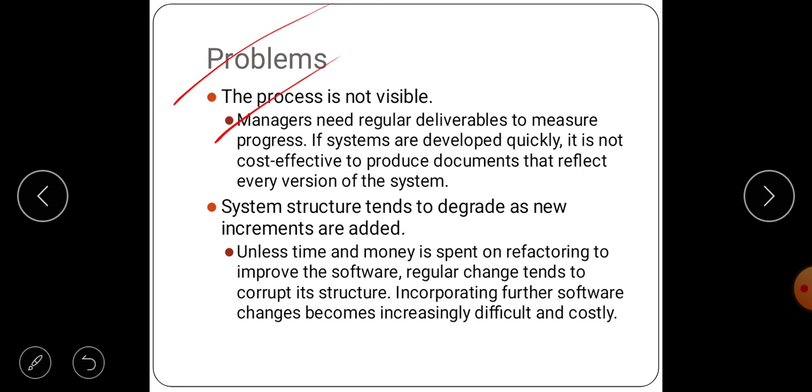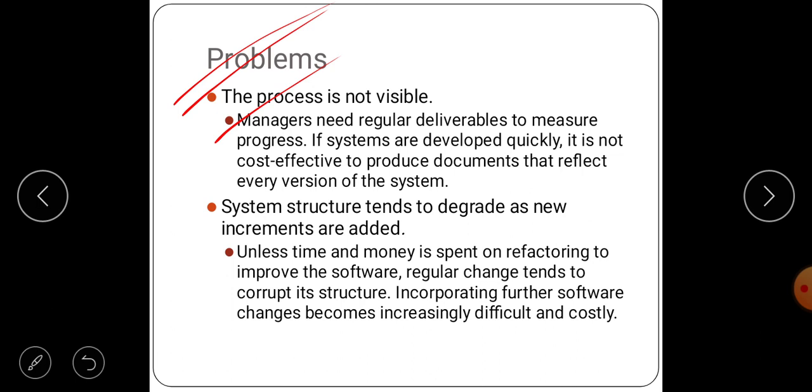The product is developing quickly, so there is no time for documentation from one version to the second version. There is no documentation of what changes were done from one version to another, and that is why they say the process is not visible.